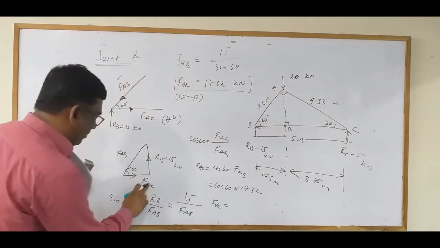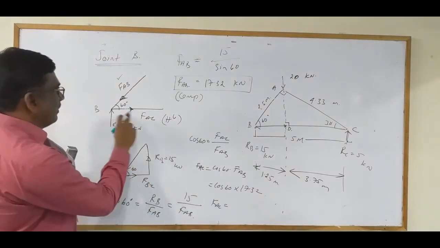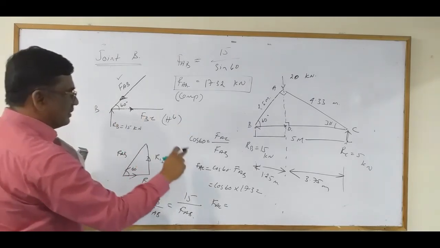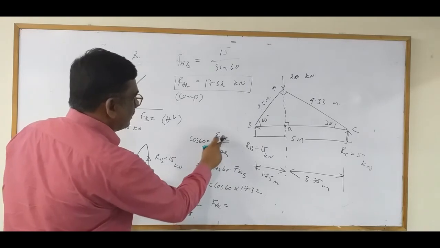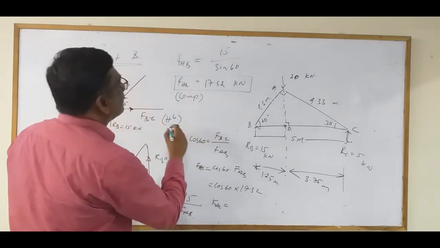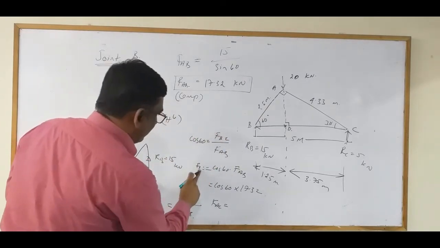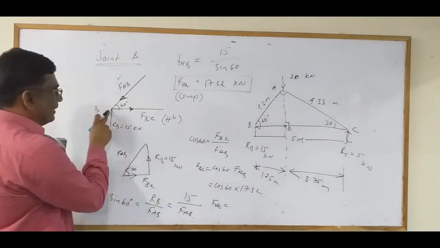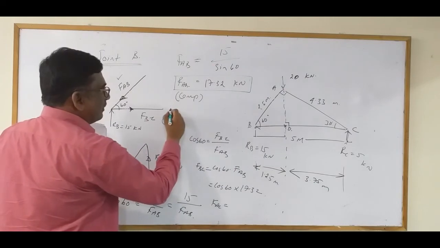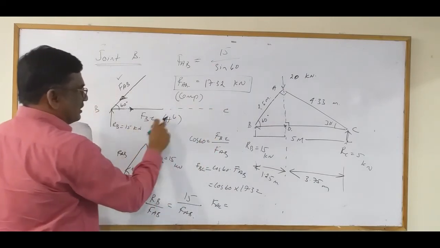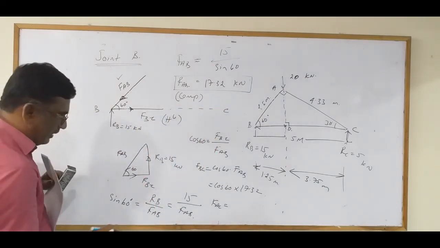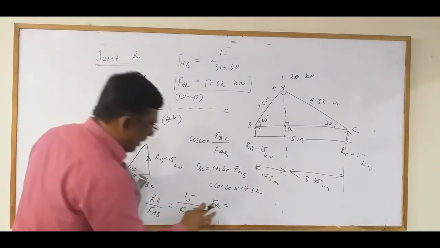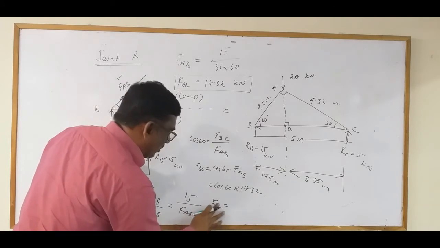Sorry, this is BC. Sorry, yes, this is BC. I'm sorry, this is BC. Sorry for the confusion made. So this direction B and here C is here, so this is BC. I'm very sorry, this is BC. Okay, FBC alone,